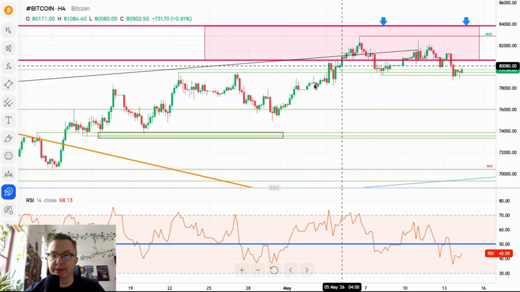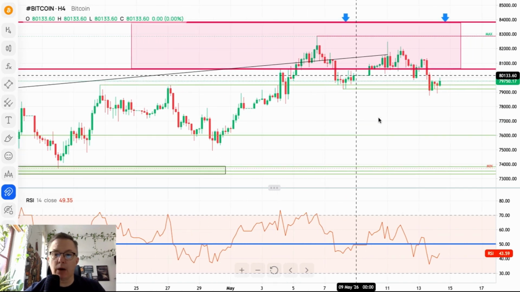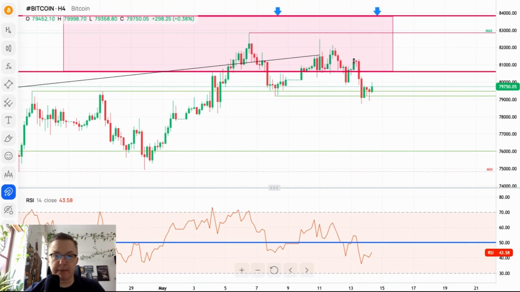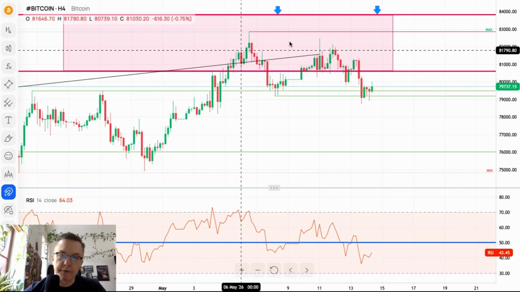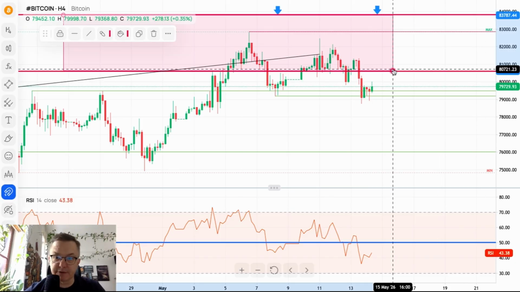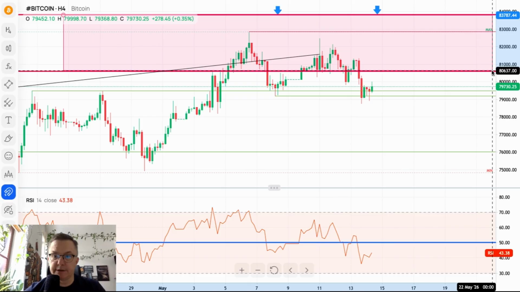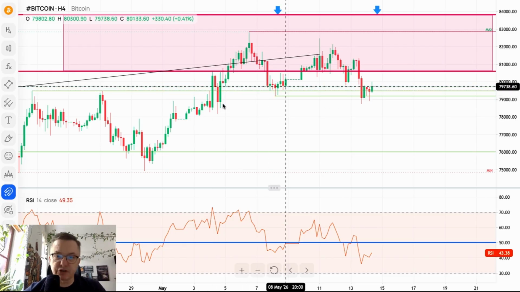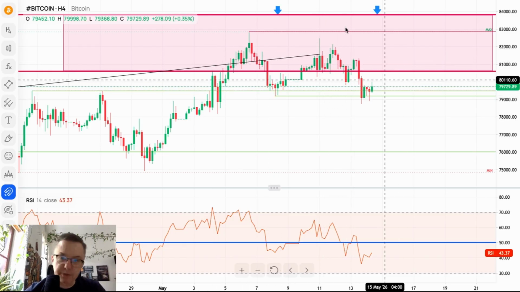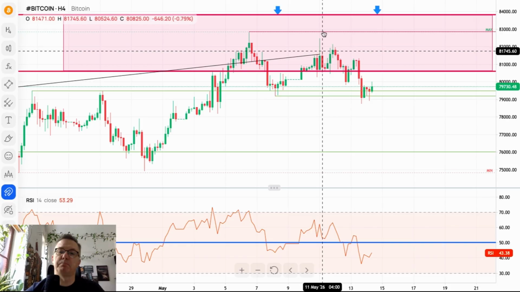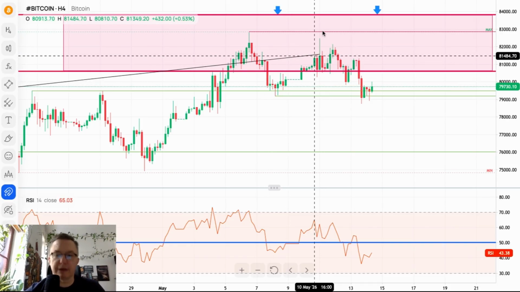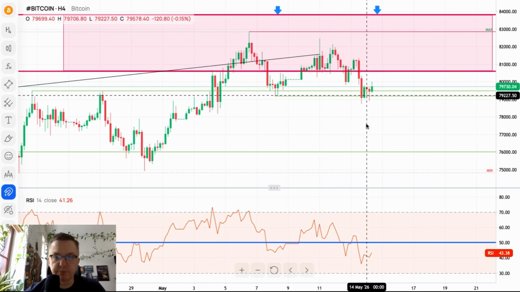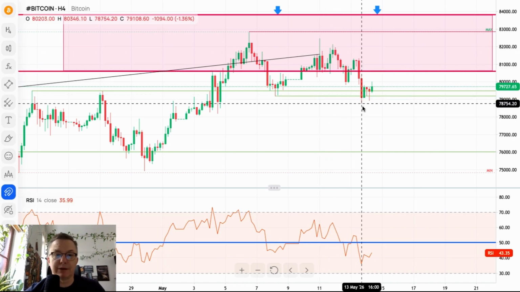And last but not least, Bitcoin. For now, bears are winning. As we've been speaking about for quite some time right now, this is the supply zone. Let me just move it if I can. There you go. This is the supply zone. A very important technical resistance level. Every time bulls try to break above the technical resistance and higher above the supply zone, bears will be more active. They will try to push the market lower. For now, they push it towards